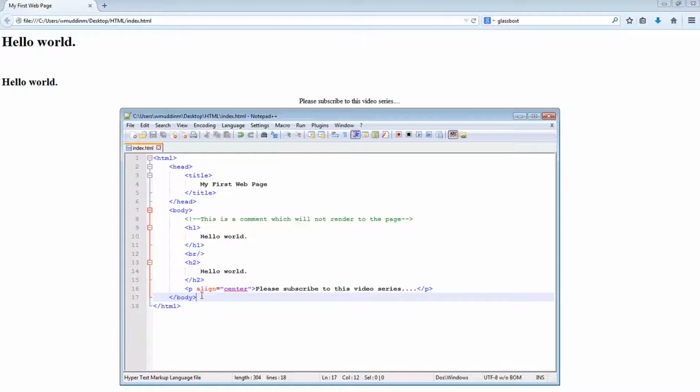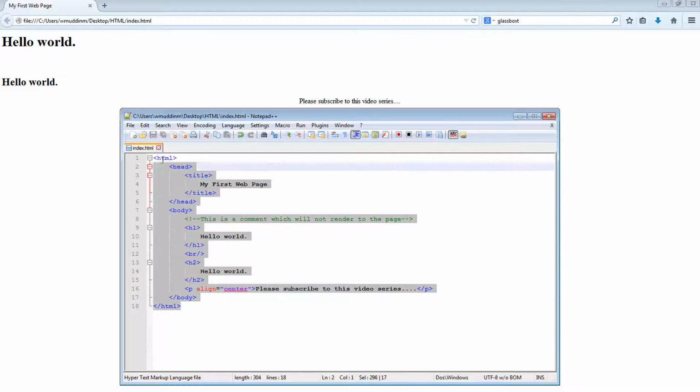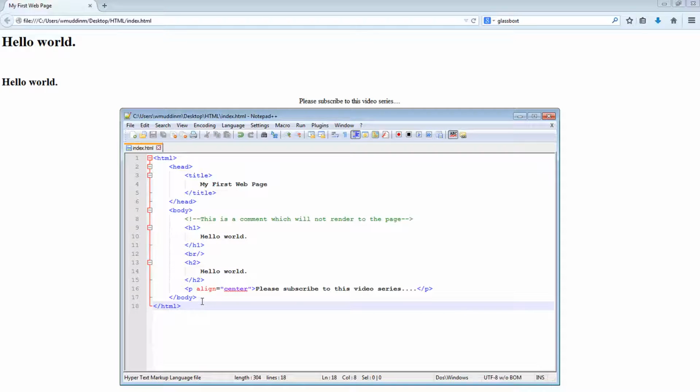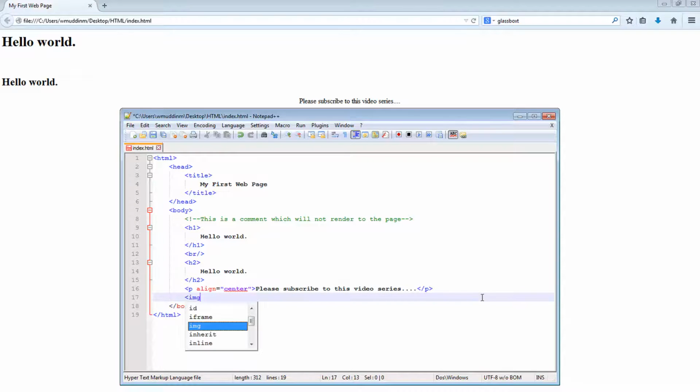Let's have a look at a couple of more examples of attributes inside element tags. Another really famous tag I wanted to look at was the image tag. The image tag allows us to tell our HTML script to basically draw or render an image onto the web page. And to do that, it is actually quite simple. All we say is image,